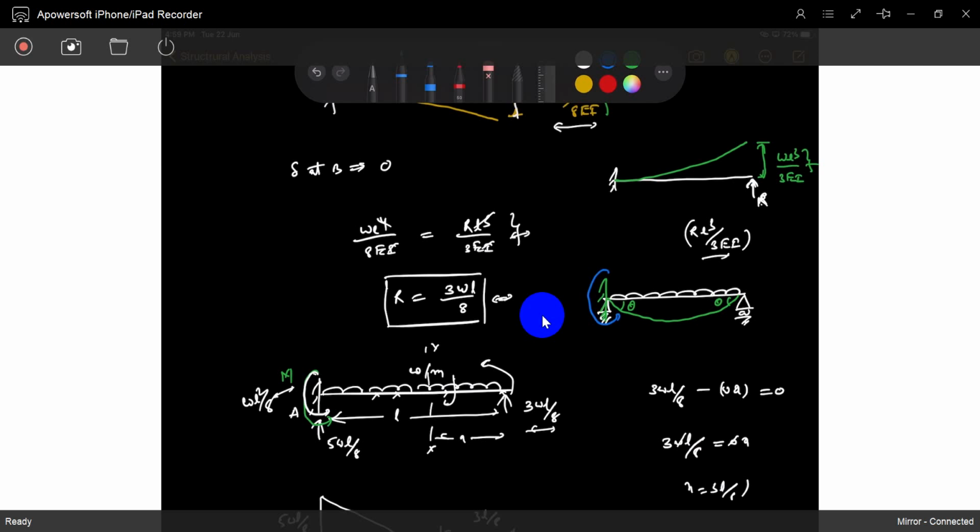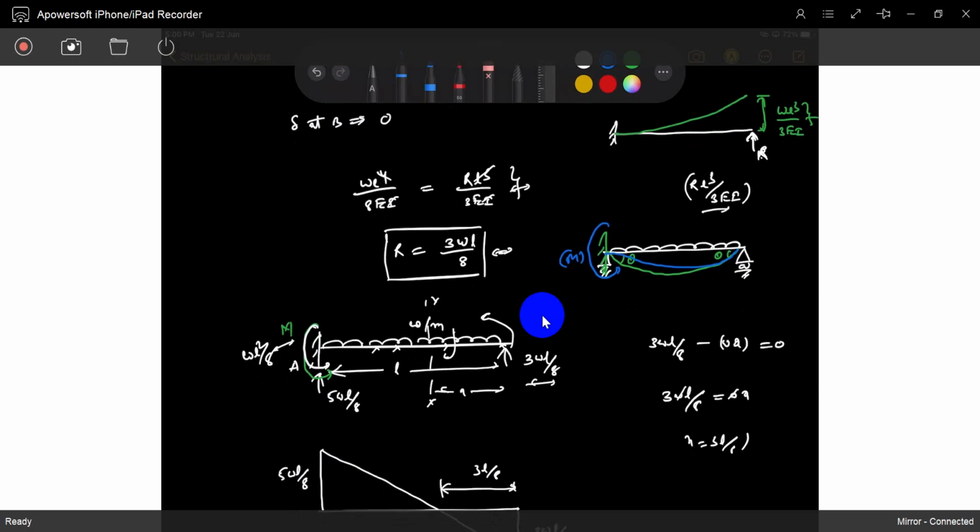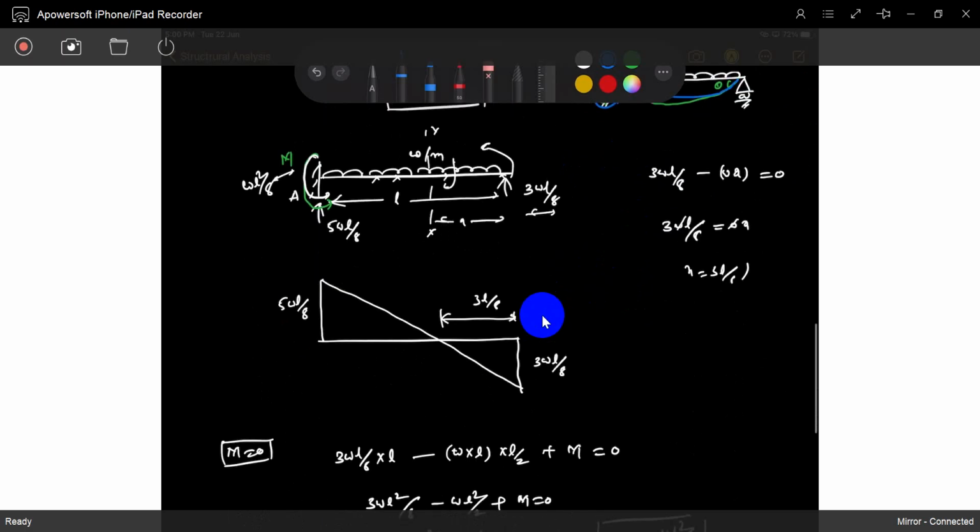If it arises, it will lift the beam. So the deflection profile becomes 0. It will go like this. So you already know which direction the movement will happen, and there is no need to find out whether it is correct or not. It's just common sense. I say once again, it's common sense.